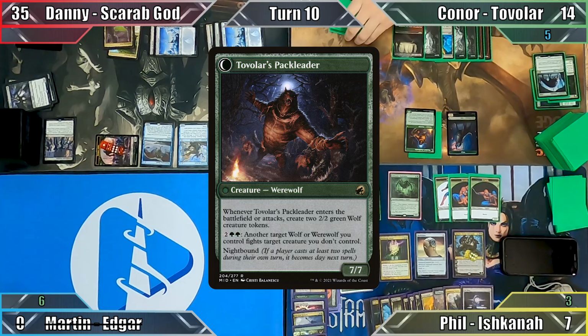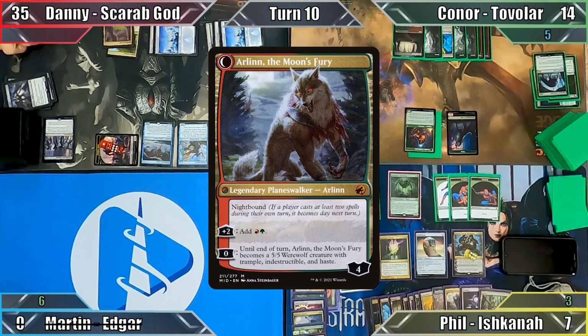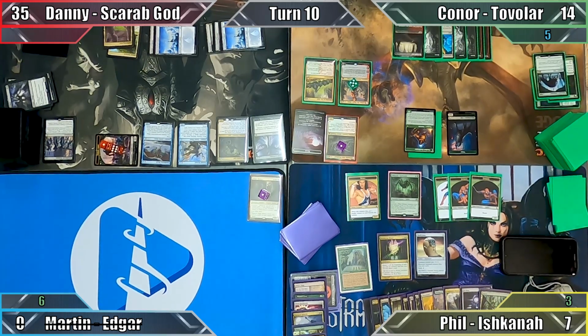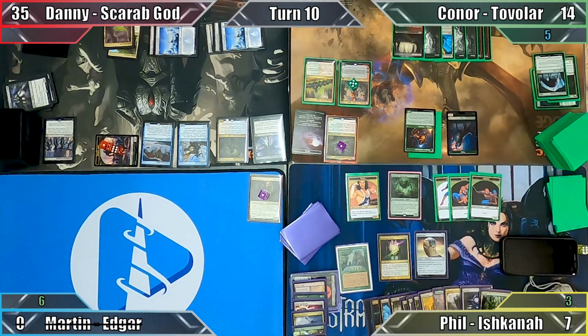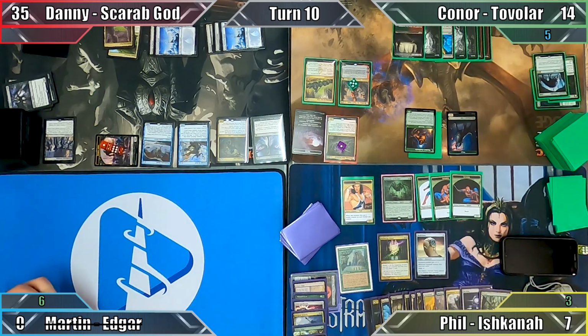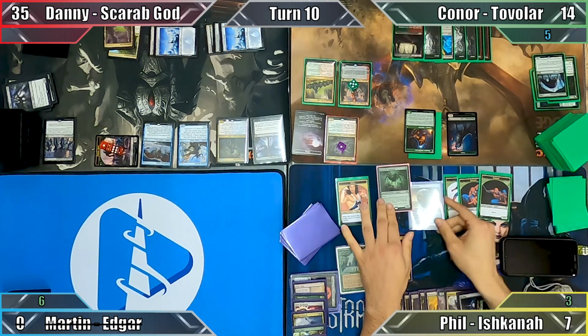But wait, there's more. Arlen transforms into Arlen, the Moon's Fury, sorry, I read that wrong, I mean Fury, and Phil draws 3, putting 2 cards on top of his library. He plays a forest and activates Garruk's -6 ability, sending the Planeswalker to the graveyard. This grants him an emblem, giving his creatures +3/+3 and trample, and Phil once again clamps his commander's skull with